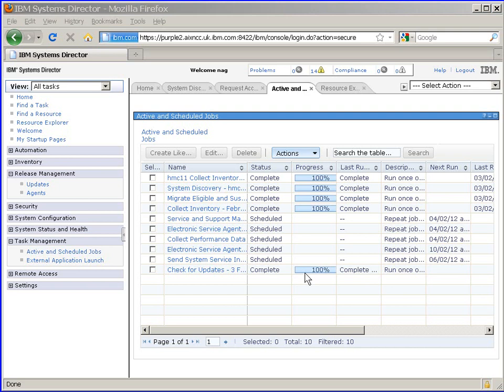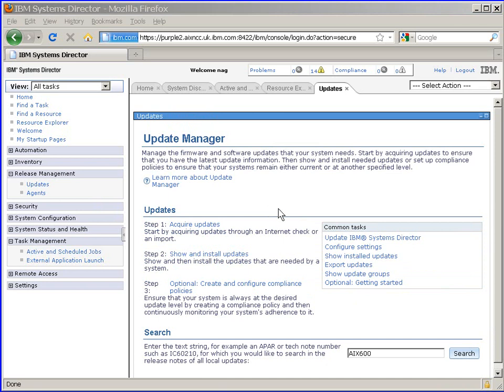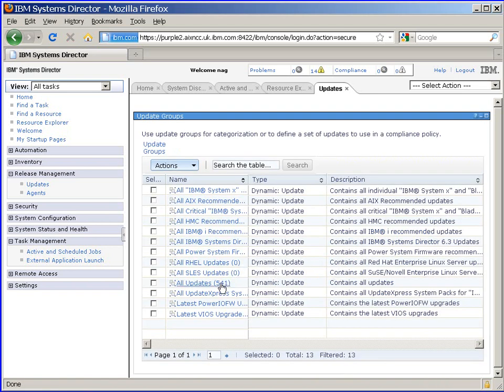Okay, and we're back roughly half an hour later. I wasn't paying too much attention, and we're going to check on the updates. Okay, back to the Update Manager. We've searched for all the updates that are available. We can go in to show and install updates if we set things up. I just want to find out what's actually available, so show all update groups here, and we can see it's found